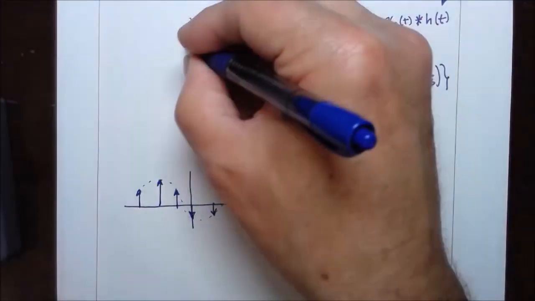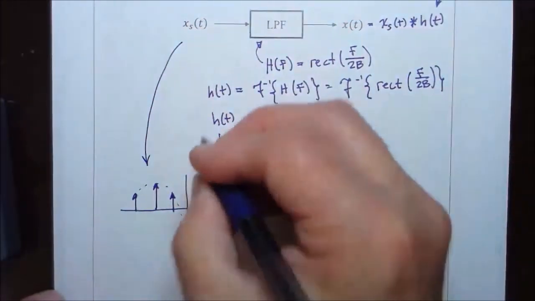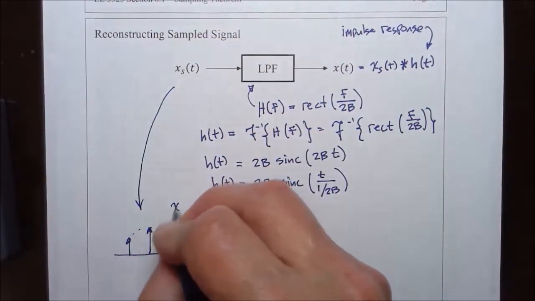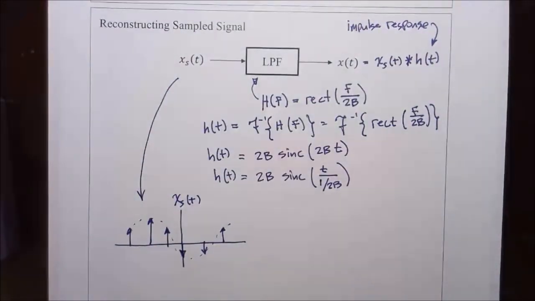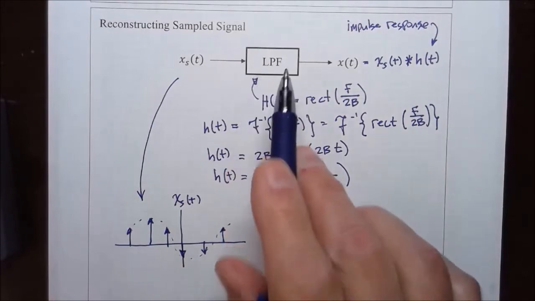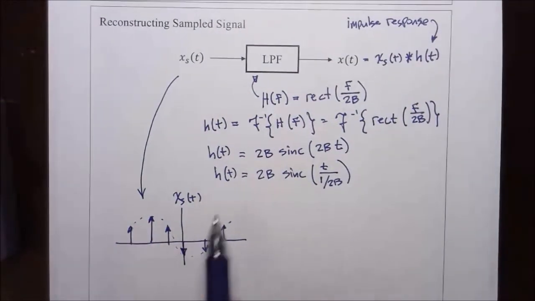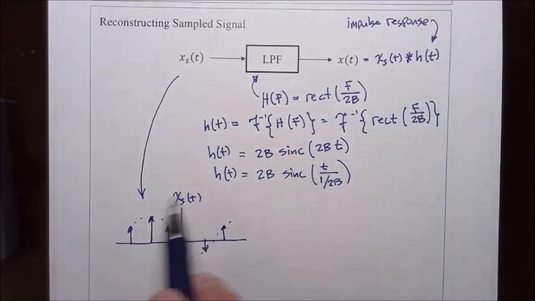This is the time signal. This would be x sub s of t. And this is going into the low-pass filter, and what is coming out of the low-pass filter is this input